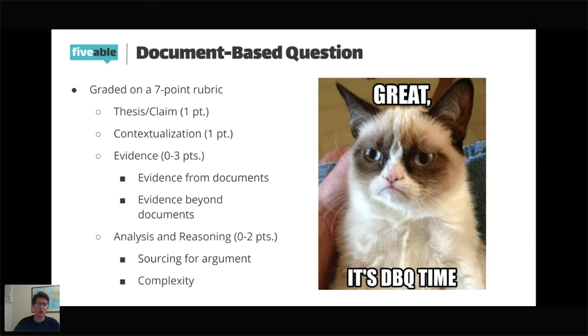The last 2 points are analysis and reasoning. Are you sourcing the documents, trying to understand how the historical context, the intended audience, the purpose, the view of the author who is writing, how that may affect your argument, strengthen or weaken alternative arguments? If you can explain that with your argument at least 3 times, then you will get that point. And then lastly,